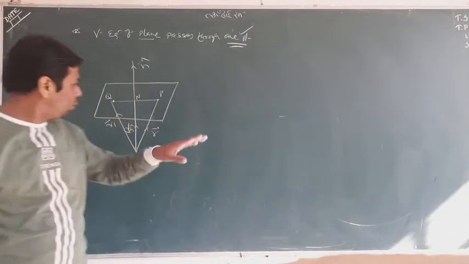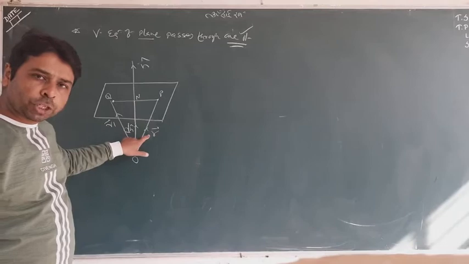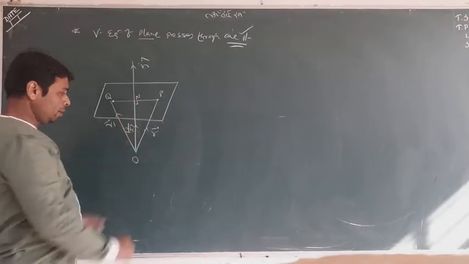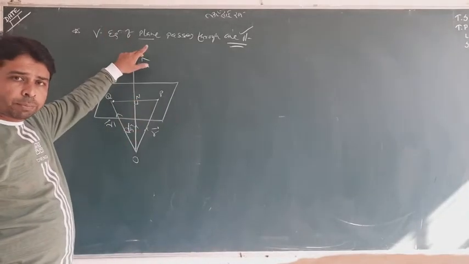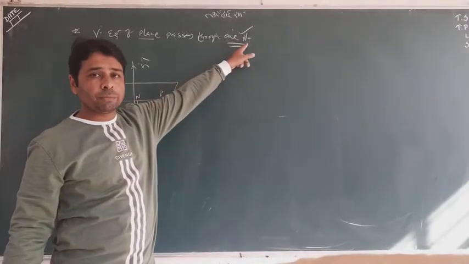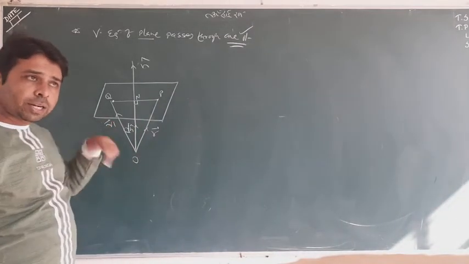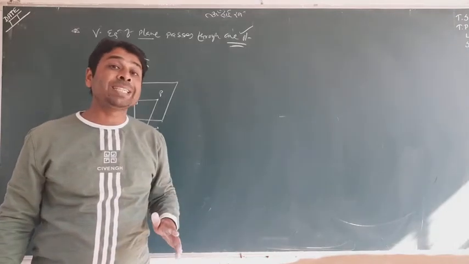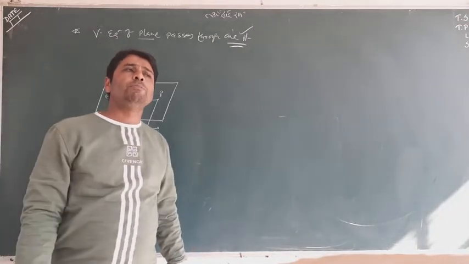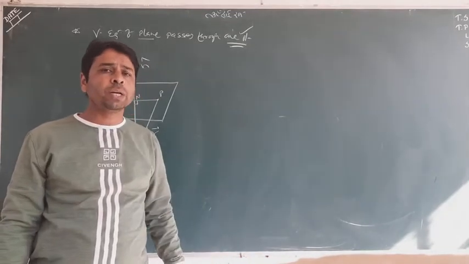In the whole picture, P is a variable point, r is the position vector of that point, and N is the foot of the perpendicular drawn from O. N cap is the unit vector perpendicular to the plane. Q is the point through which the plane passes, whose position vector I have intentionally taken as r1. Keep the symbol as it is in mind. You could also take r2 or a or something like that, but while keeping the formula in mind, we have to remember the particular symbol.